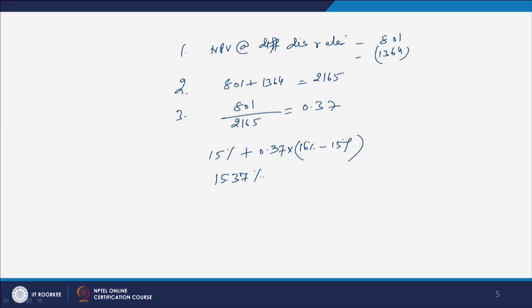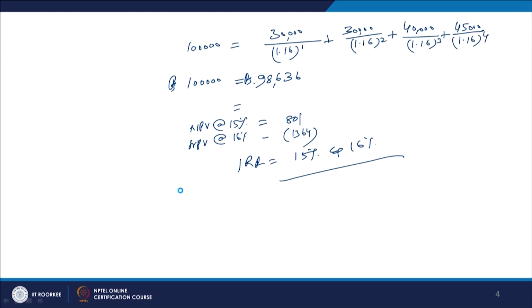15.37%. This will be known as 15.37%. So, in a very simple manner, you can easily calculate the discount rate. We get 15.37% because we were calculating here that 15% is giving you a positive NPV of 801, and at 16% it becomes negative,